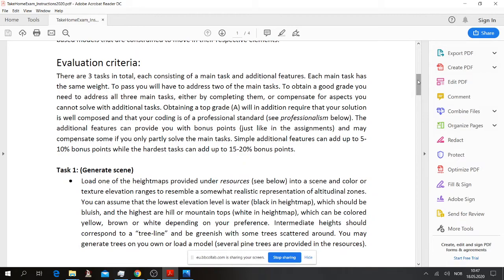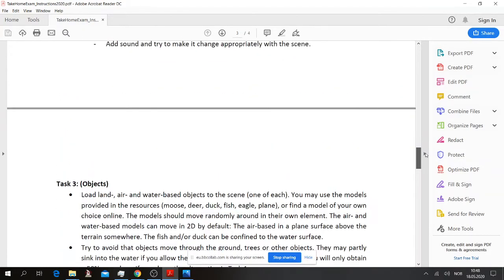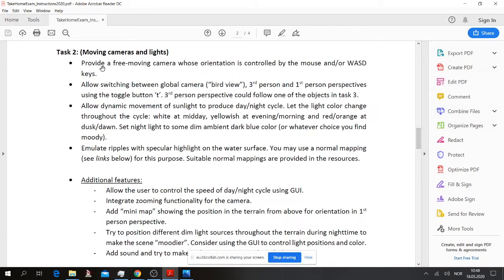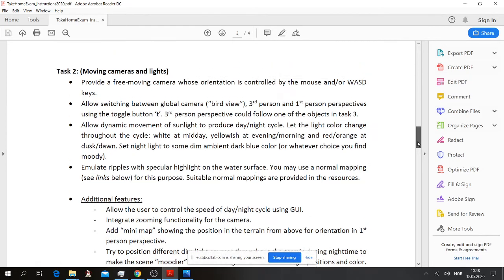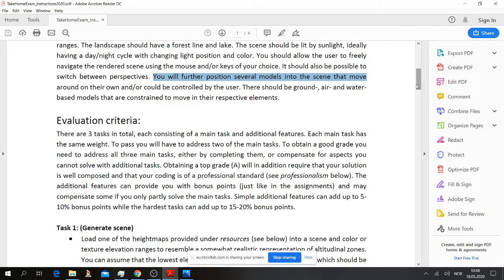Just a little bit about how I will evaluate this one. You will see here that there are 3 tasks in total. Task 1, Task 2, and Task 3. Now on each task, you take Task 2 here, you have a main part, which is basically the chunk coming right after the task bar here. So these are the main ones, and then you have these additional features here. So this is a bit like you saw it in the assignments, basically. So what we will ask you to do is to focus on the main parts, and if you are incapable of solving some things there, you may add on points by solving additional tasks.